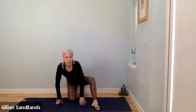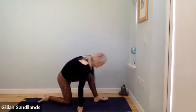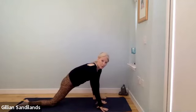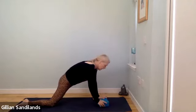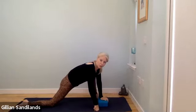Again, maybe a little bit more stretch in your hip, but just see how all of that feels. Now, option-wise, you can just stay here without doing anything. Maybe bend your elbows a little bit. You could grab blocks and just build a little structure, and you could then take your forearms down towards the blocks. And if you can manage to go to the ground with your forearms, then you can do that as